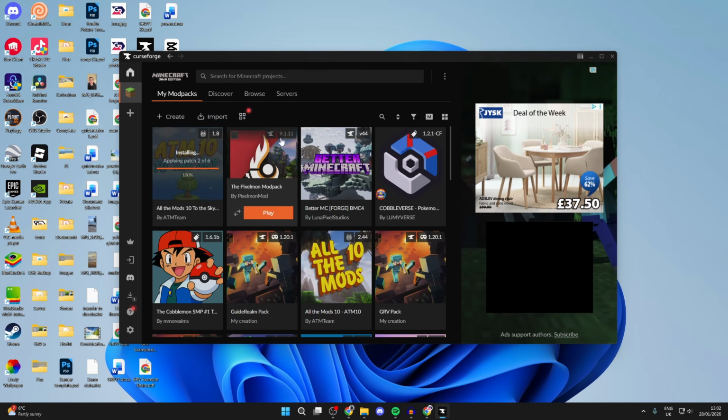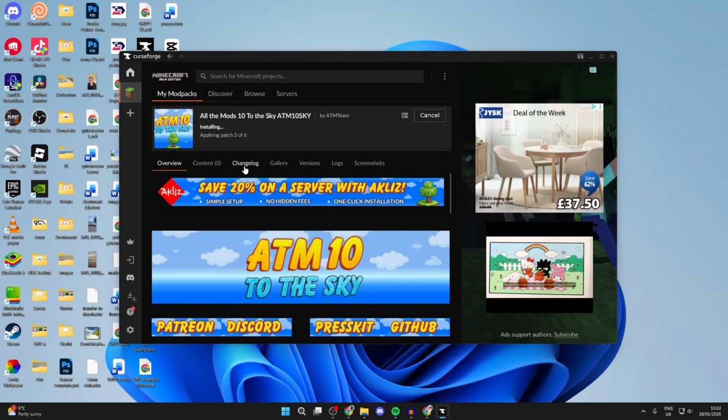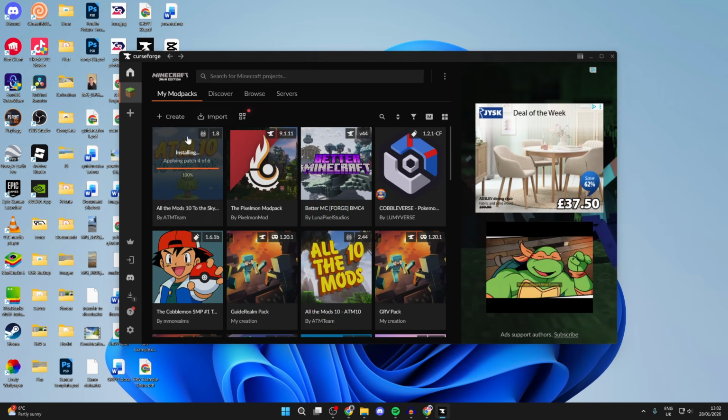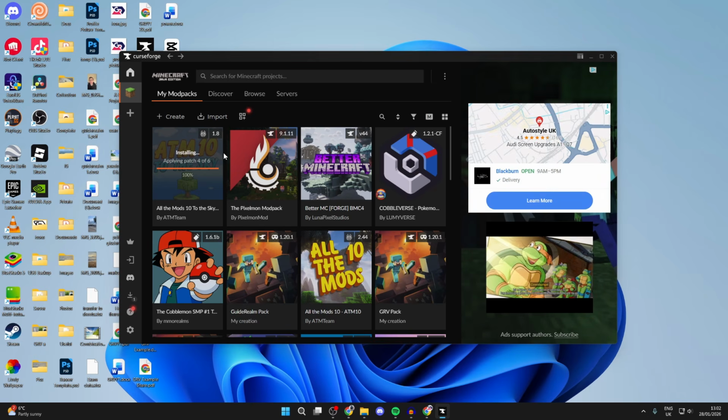You can still see it's currently installing. It will take a bit of time depending upon how many mods it has, but sometimes it can take a bit of time, so go and be patient. But what you can do is choose the mods you play with, because with a mod pack you're sort of given the mods, but you can choose the mods